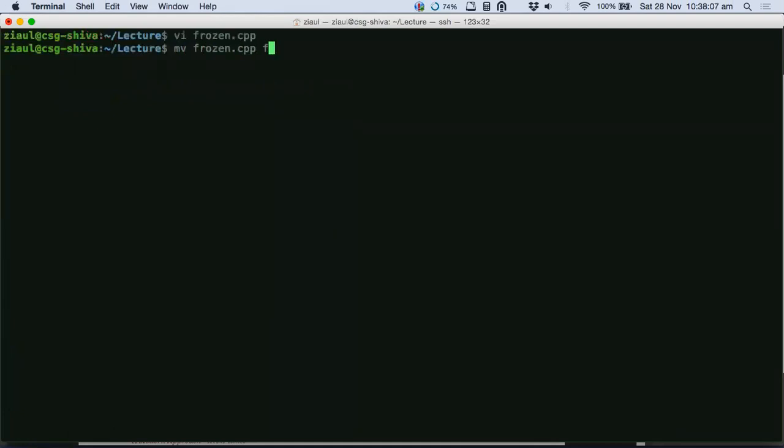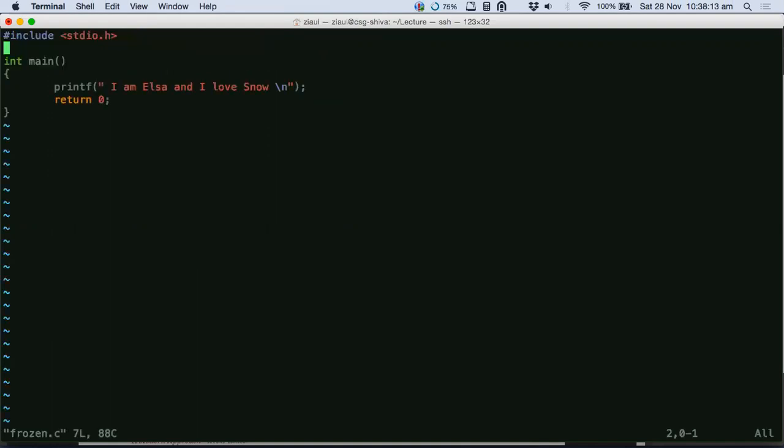Sir, is there any header which includes all the functions? Why do you want such a big header? So we don't have to include different headers. For maths, you have to use another header. I know, but C has already made life simple for you, and you want it even simpler? You don't want to remember header files. It doesn't work that way. You have to remember at least 6 or 7 basic header files which you have to include. There's no single header file. It's not a good idea either, because that would be a pretty big file. So they have divided this into small header files, and then they have the functions inside them.